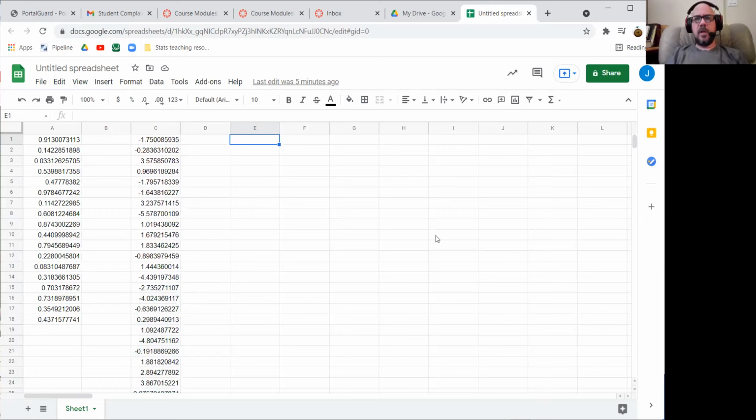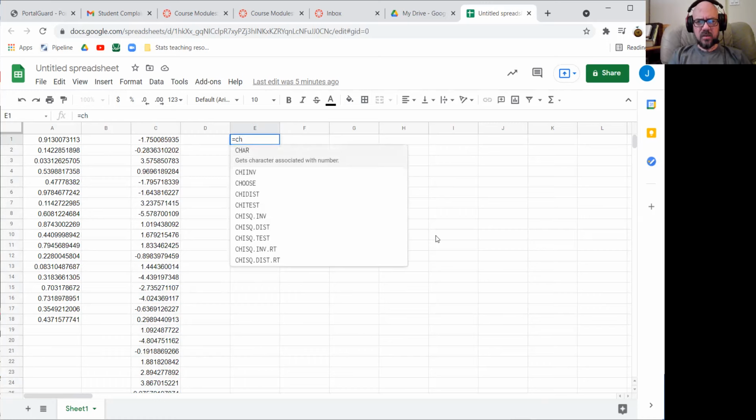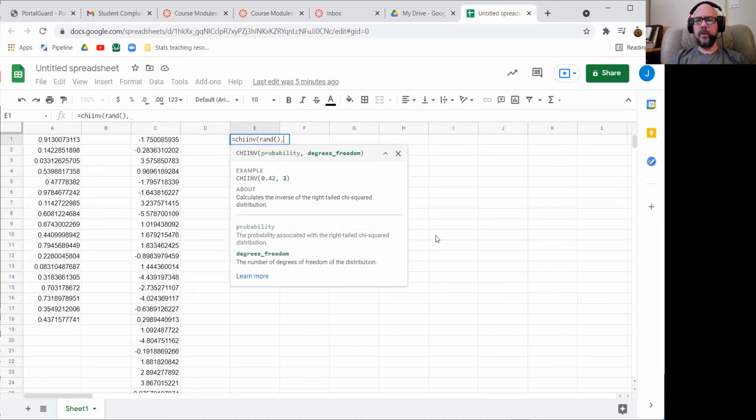All right. So chi-square and F are both skewed to the right. So if I do equals, I think it's chi inv? Yeah, chi inv of rand. And then degrees of freedom is the thing that we haven't talked about yet. I will just tell you that chi-square is right skewed. Its minimum value is 0 and it is skewed to the right, so you'll get outliers on the right. And whatever your degrees of freedom are, that's what the average is going to be. So if I do 5,